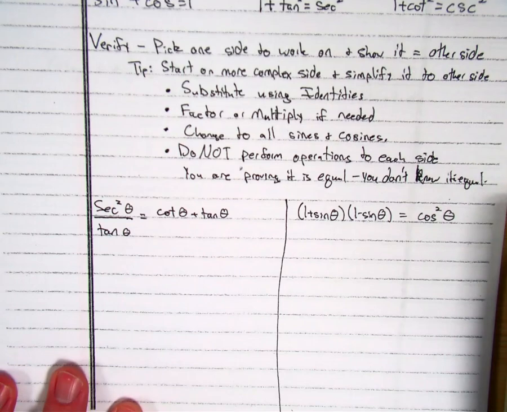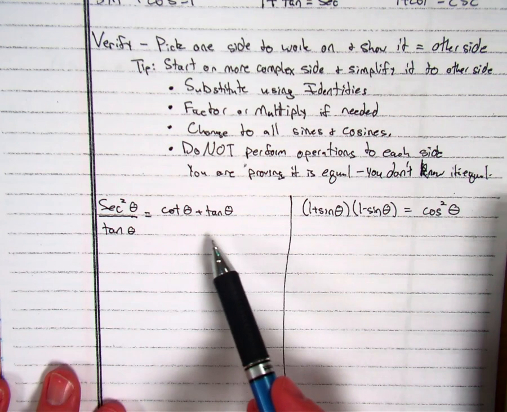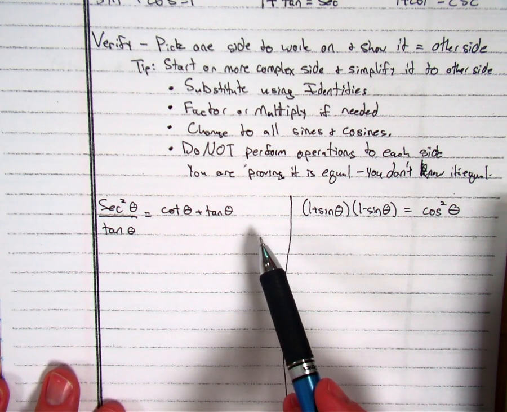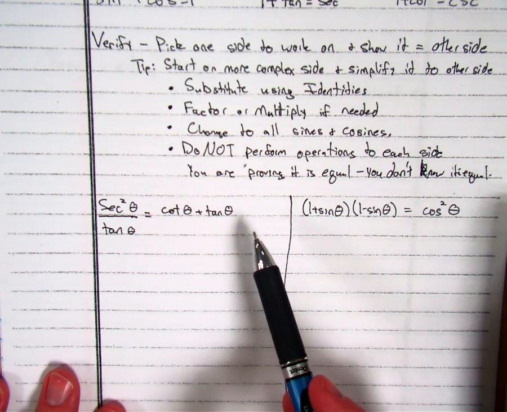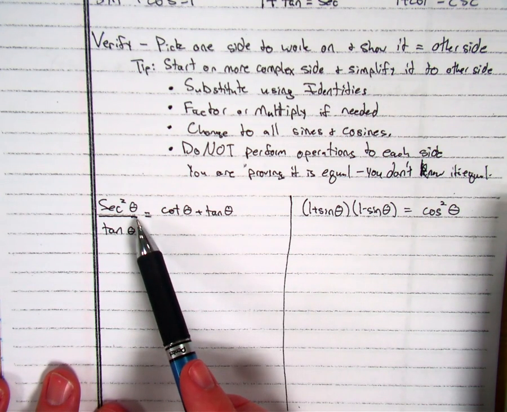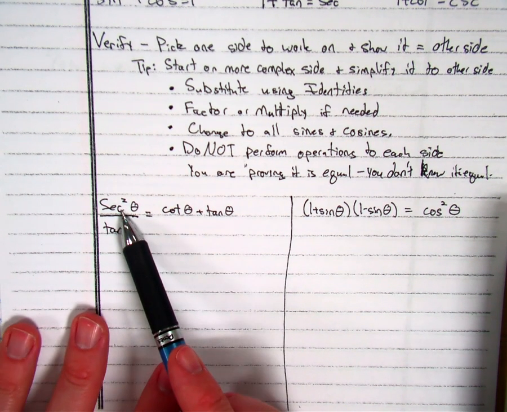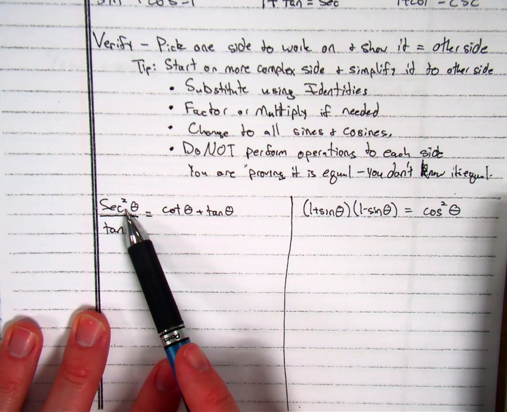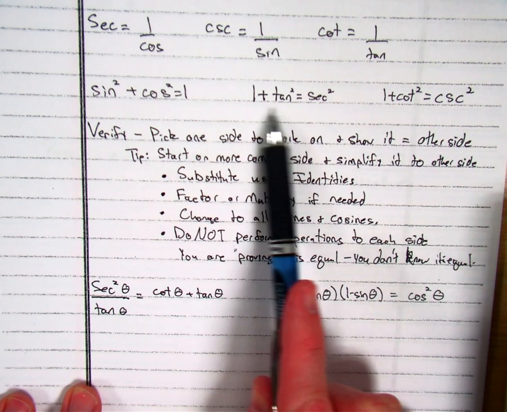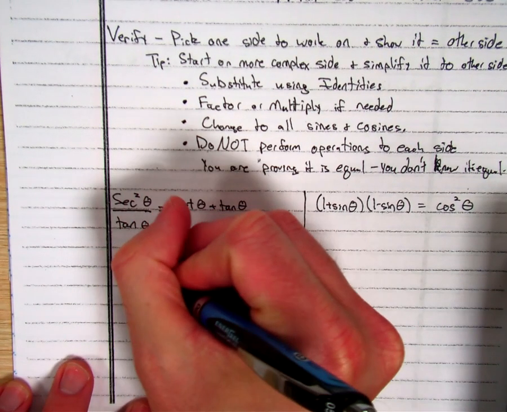Let's get started. We got secant squared over tangent equals cotangent plus tangent. There's not really an obvious one as to which side is more complicated. I'm going to go with the left side because it has a squared. So I'm looking at, I see secant squared, and hey, that sounds familiar. We just learned something with that. Secant squared is 1 plus tangent squared. So we'll have 1 plus tangent squared